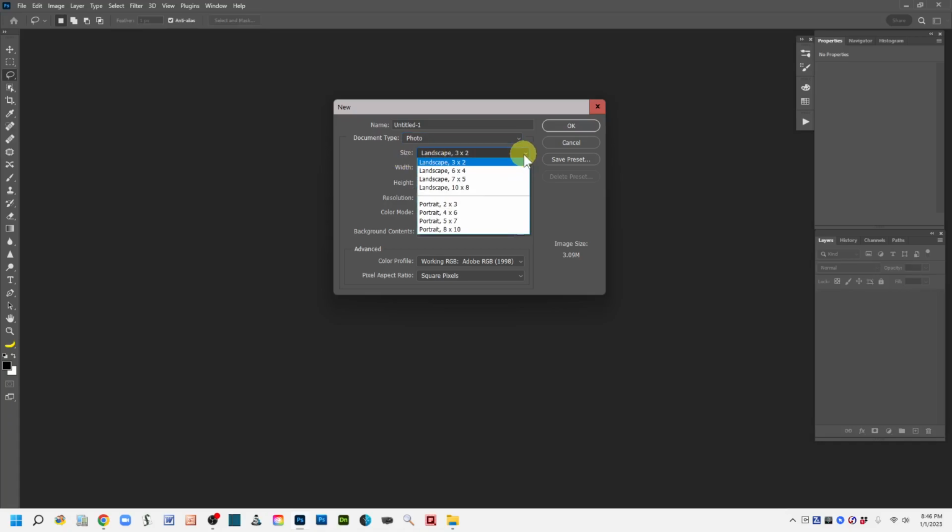You can choose whether you want a landscape photo document size, or a portrait photo size. If it's landscape, it's going to be horizontal. If it's portrait, it's going to be vertical. So let's say we just pick a 5x7 landscape, and that plugs in the inches